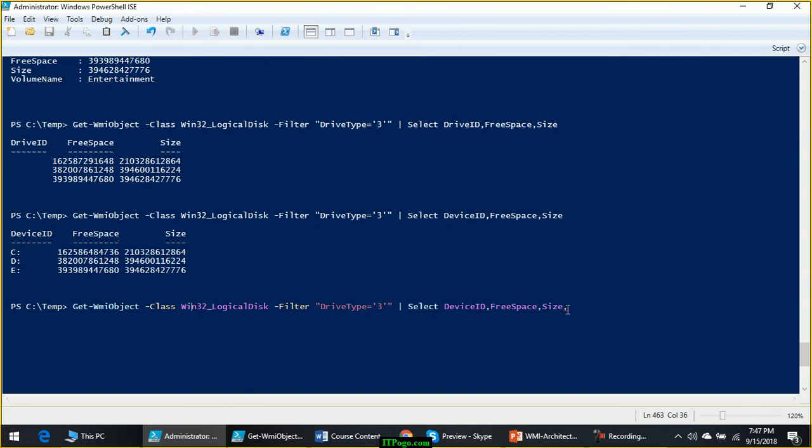Let's first try that. We will cast it as integer. Total size divided by, no, I think out of this much.